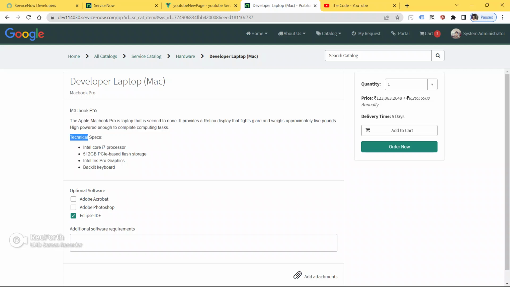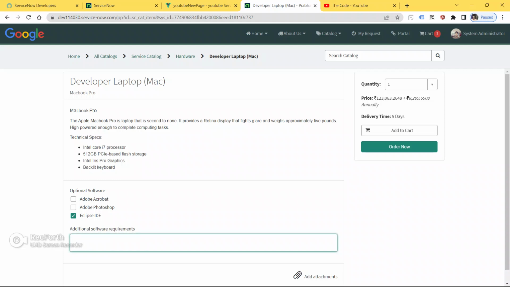Okay, so this is the technical specifications guys. Intel Core i7 processor, 512 GB PCIe based flash storage, Intel Iris Pro graphics, backlit keyboard, optional software. Okay, Adobe Acrobat, Adobe Photoshop, and Eclipse IDE, and put some additional comments.